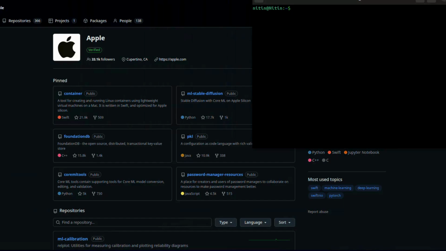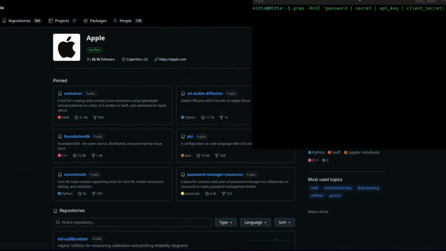After that, when you have cloned it, you can just do grep dash and you can search for password or secret, API key, client secret and like that.